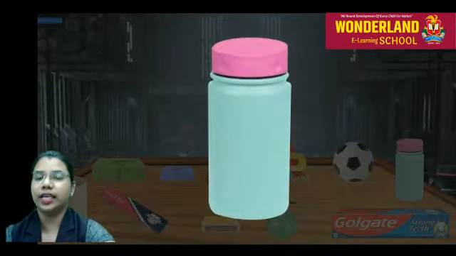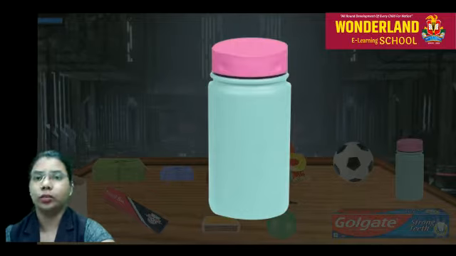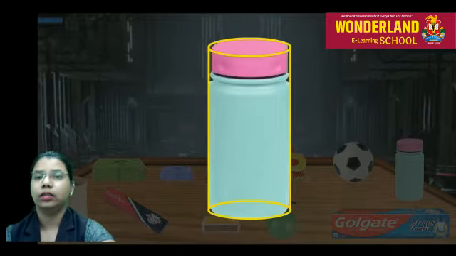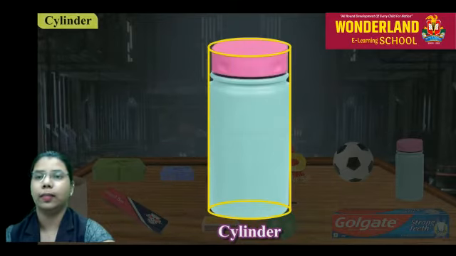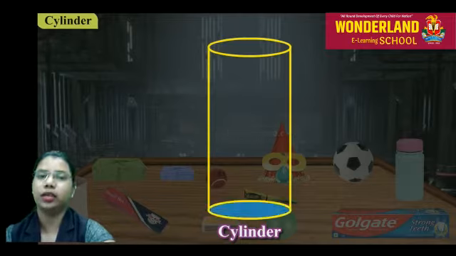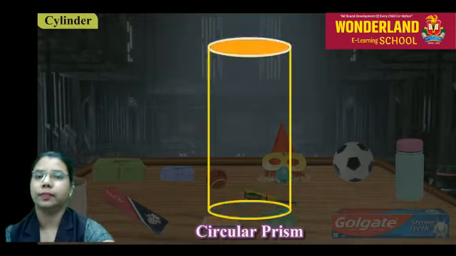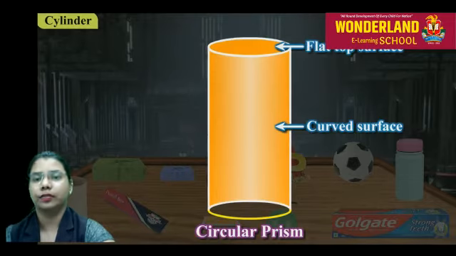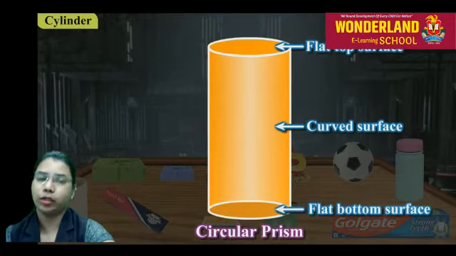Now the cylinder. Look at the water bottle. The shape of the bottle is called a cylinder. A bottle-like shape which has a circular base is called a cylinder or a circular prism. Flat top surface, curved surface, flat bottom surface.